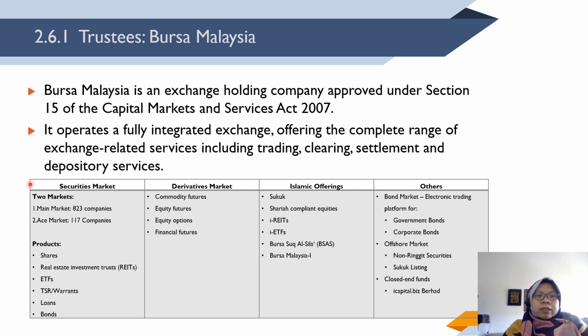Okay, in the security market there are two markets. Number one, the Main Market, has 823 companies, and the ACE Market has 170 companies. Their products include real estate investment trusts, REITs, ETFs, structured warrants or warrants, loans and bonds. The derivative market has commodity futures, equity futures, equity options and financial futures. Then in the Islamic offering segment, there are Sukuk, Sharia compliant equities, I-REITs, I-ETFs, where I stands for Islamic,